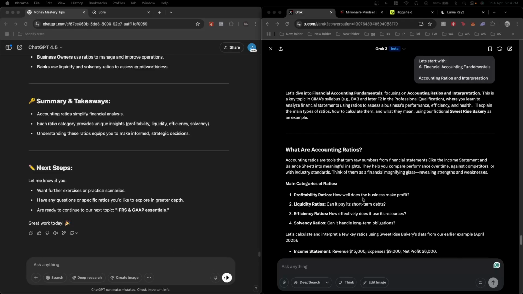Let's dive into financial accounting fundamentals, focusing on accounting ratios and interpretation. This is a key topic in the CIMA syllabus, for example BA3 and later F2 in the professional qualification, where you learn to analyze financial statements using ratios to assess a business's performance, efficiency, and health. I'll explain the main types of ratios, how to calculate them, and what they mean, using our fictional Sweet Rice Bakery